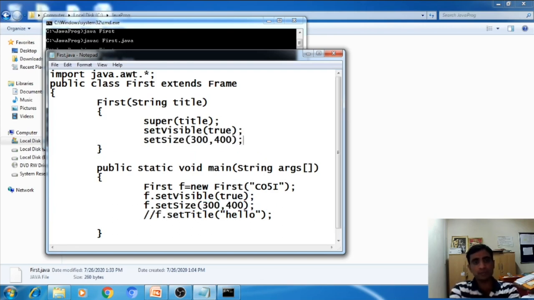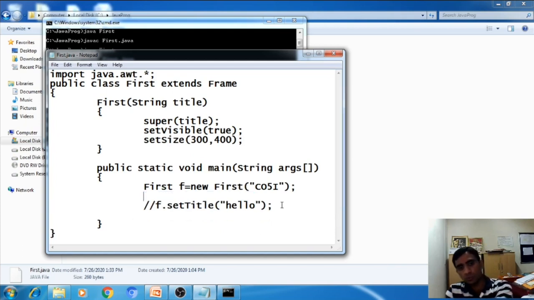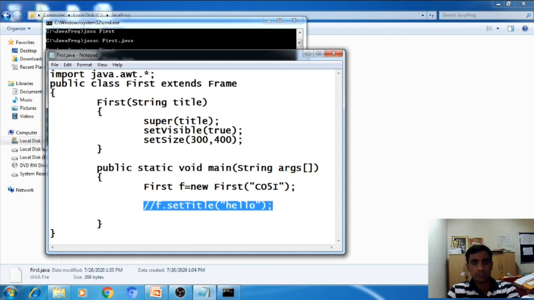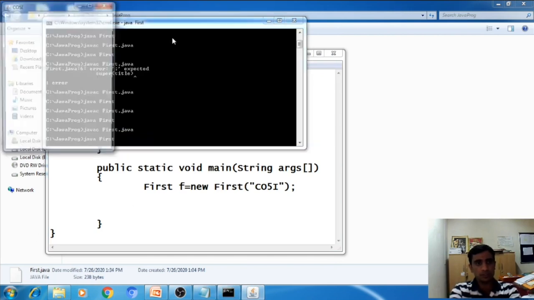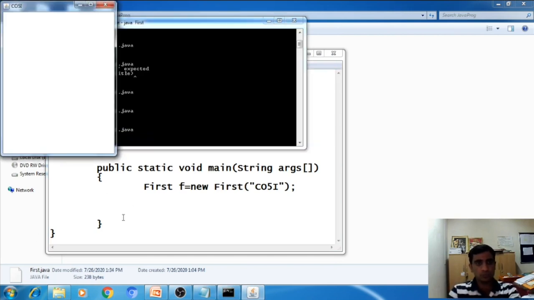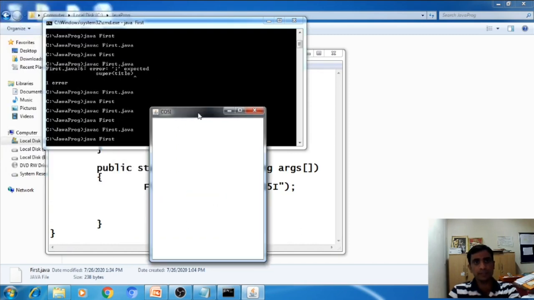Now when you write the setVisible and setSize methods in the constructor, you don't need an object, because it will already be the current object of the frame. So Control S, then compile, then execute. Right, so it will display CO5UI as the title.